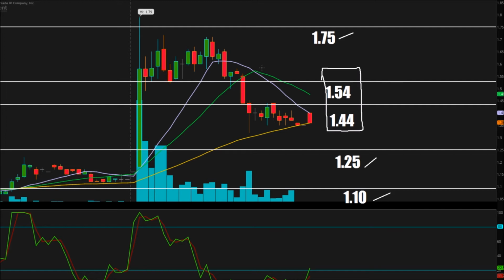So we have a bearish cross that occurred here when the 20 average crossed over our 10 average. Boom. Cross there, bearish, but we're still above the 50-period average, which is good. We don't want the candles to dip below, but if they do, we'll probably find support at $1.25. I wouldn't like to see that, though, since then we really would be at a very slight gain on the